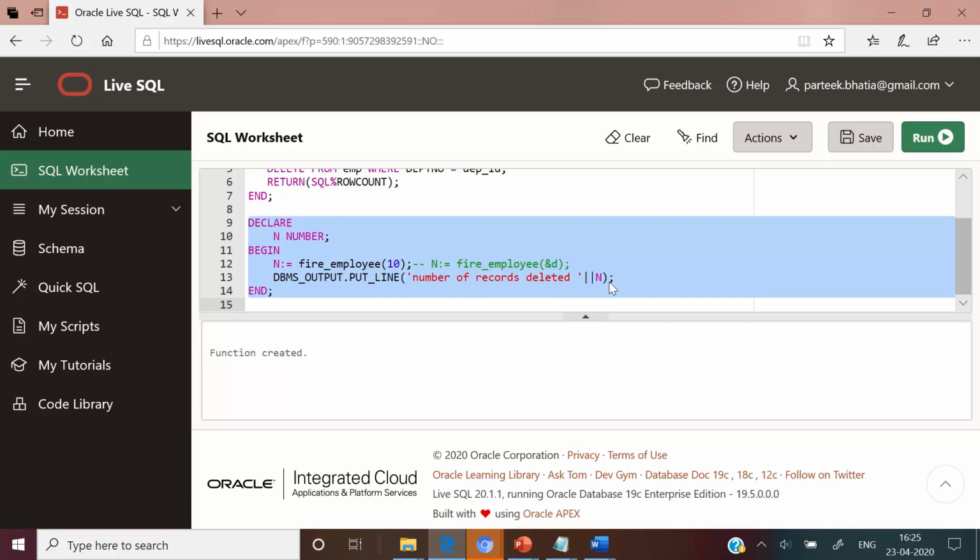And here we are also displaying the value of variable n. Let us execute this PL/SQL block. So you can see the output is number of record deleted 2. Since there are 2 records in this table for department number 10, so we have achieved our objective. This is all about the solution of this assignment.